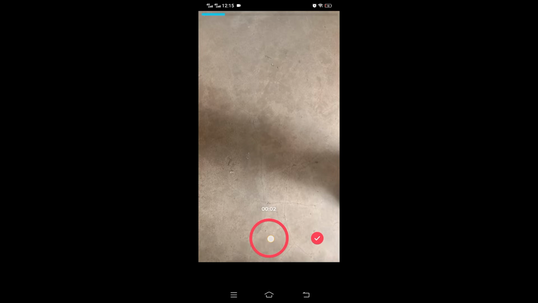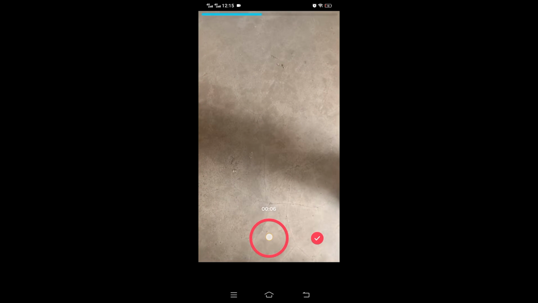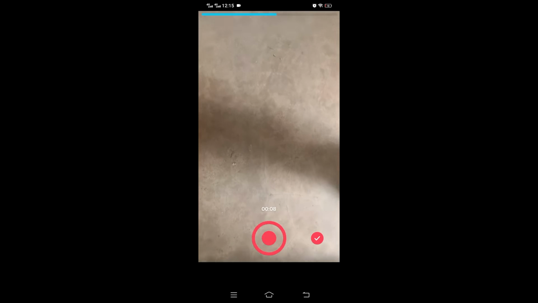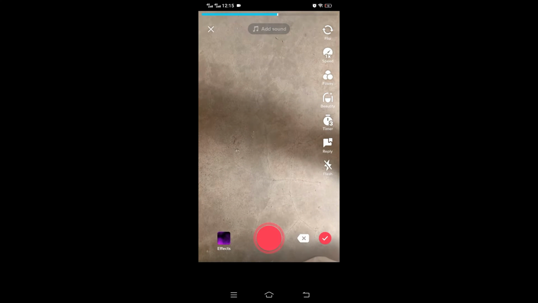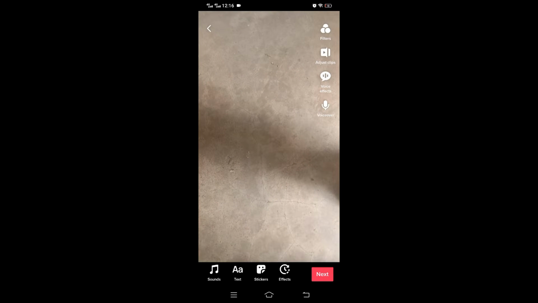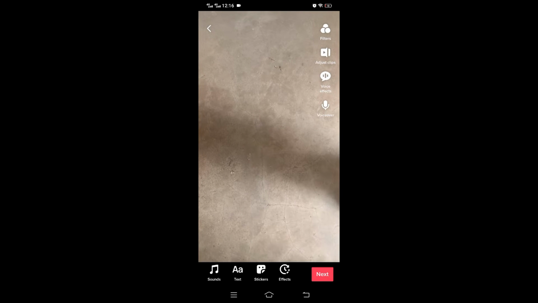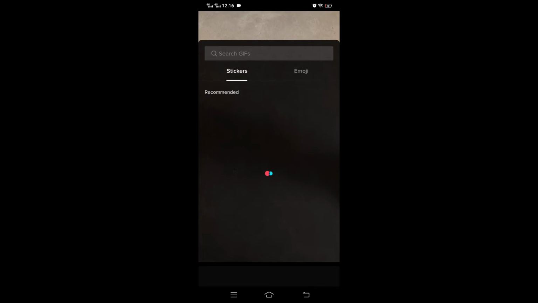Click on the plus sign at the bottom. Then it will take you to the recorder. Tap the recording button and hold. Record for some seconds and accept using the tick. Once the video is completed, go to stickers